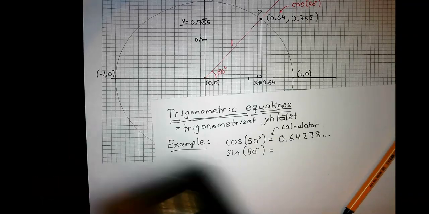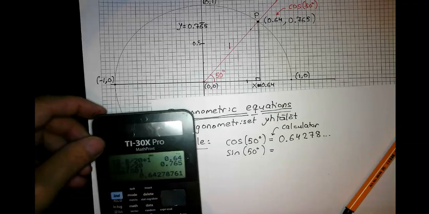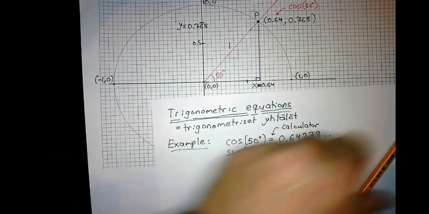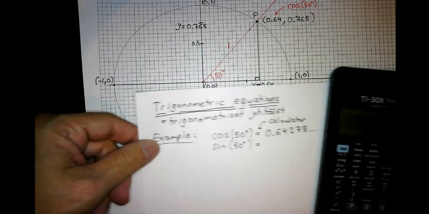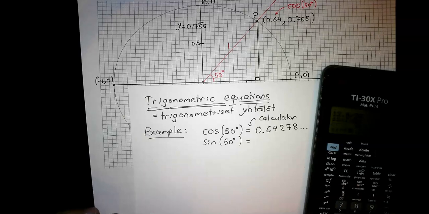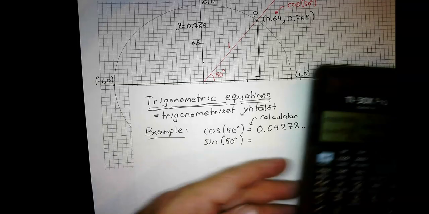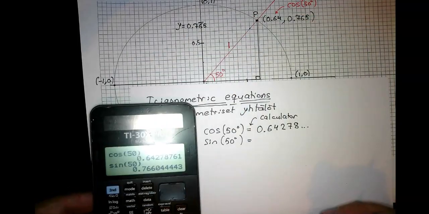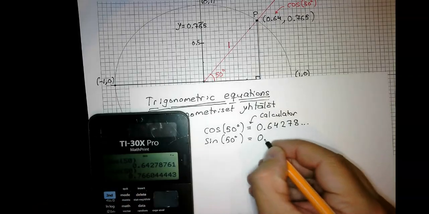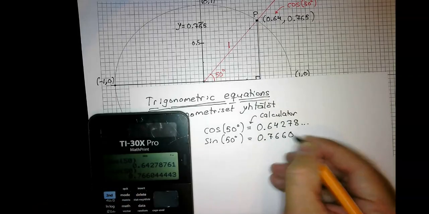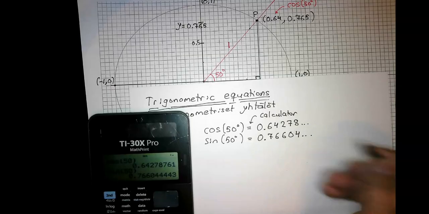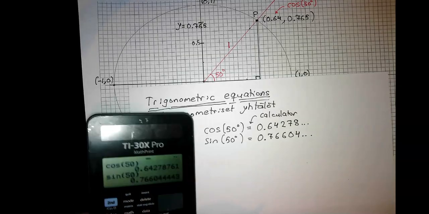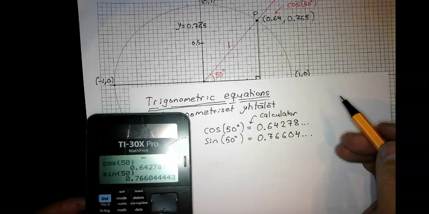If we take the calculator and check what value we get if we take sine of 50 degrees, we get this kind of numbers, 0.7660, etc. And from the picture,